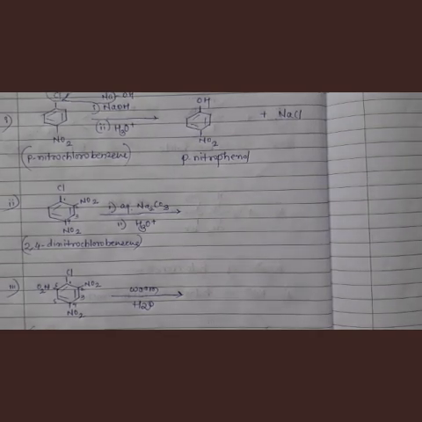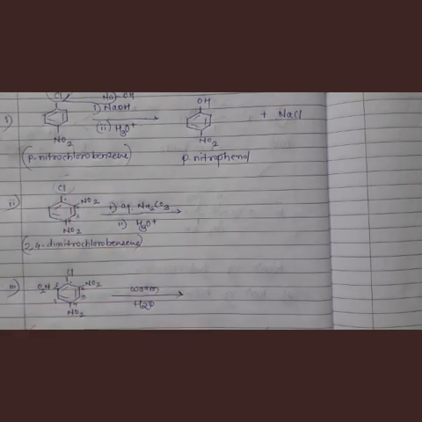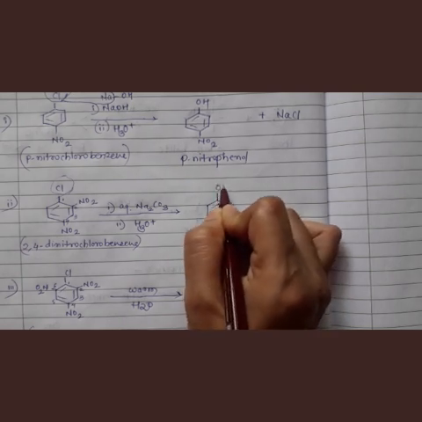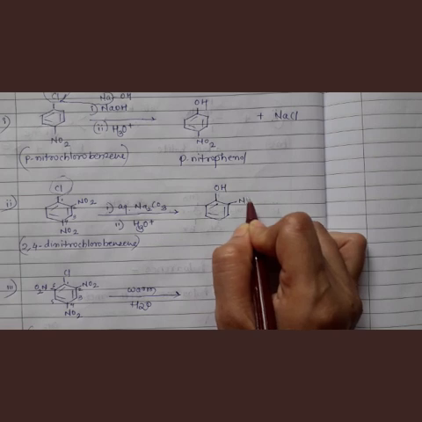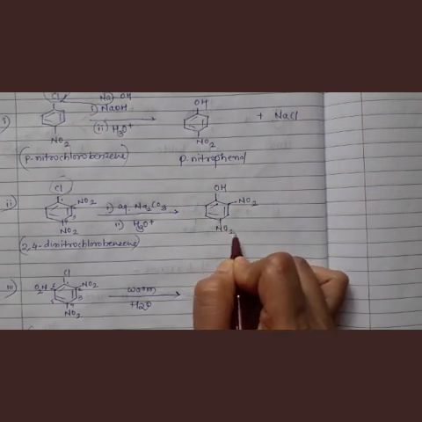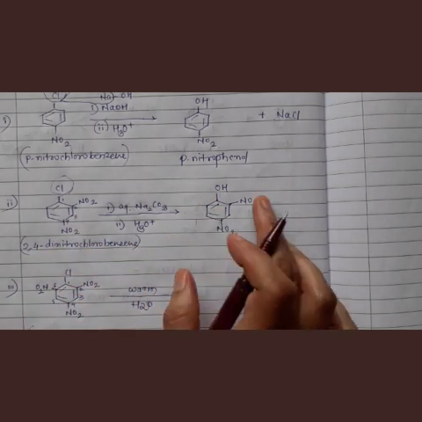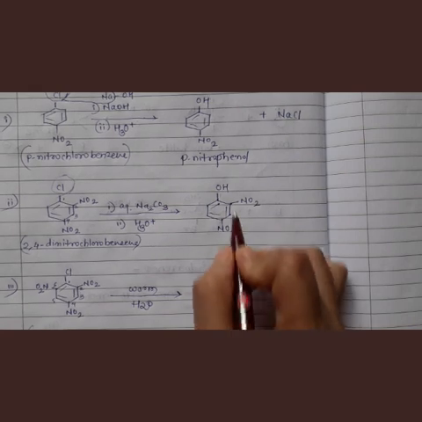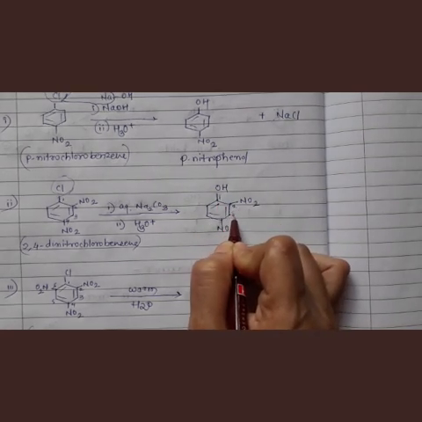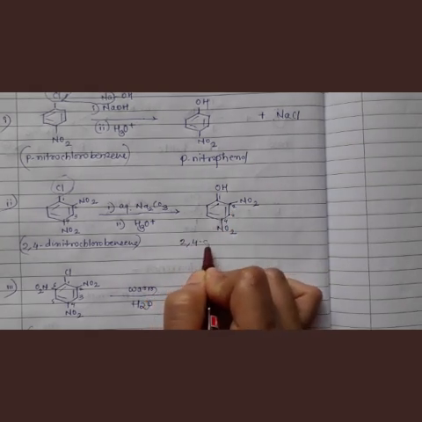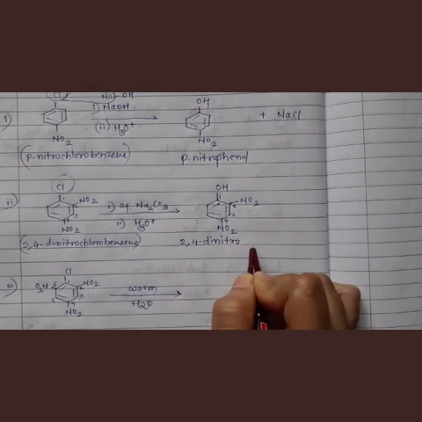Now here also nucleophilic substitution will take place. What will happen over here? This chlorine will be eliminated and replaced by an OH group. So see the product. In place of chlorine OH will come, and the remaining groups will remain at the same position. So now it was nitrochlorobenzene, and this is phenol with two nitro groups attached. If you start numbering, this is first, second, third, fourth, and nitro groups are at the second and fourth positions. So 2,4-dinitrophenol.